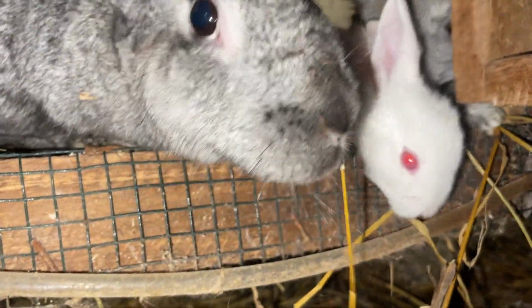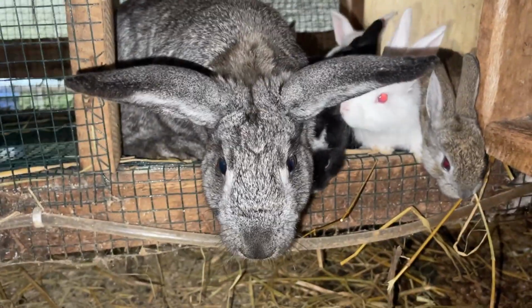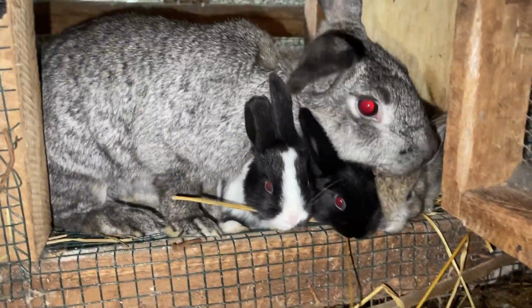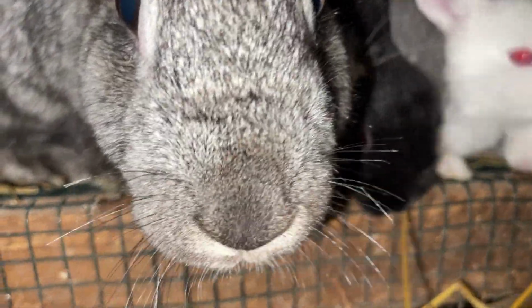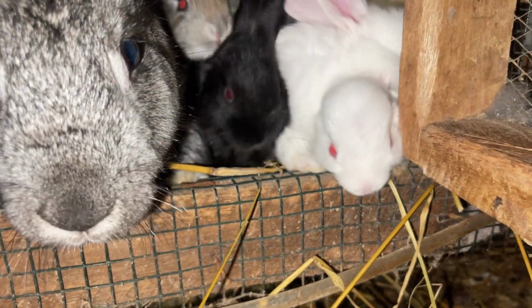So make sure that you're providing soft beddings within the cages of these rabbits, where you have placed a wire mesh down on the floor. And also you should regularly clean these cages and change these beddings to be able to prevent this situation. Most of the farmers do not provide beddings to their rabbits. If you have used a wire mesh on the floor of these rabbit cages, please endeavor to provide beddings, and